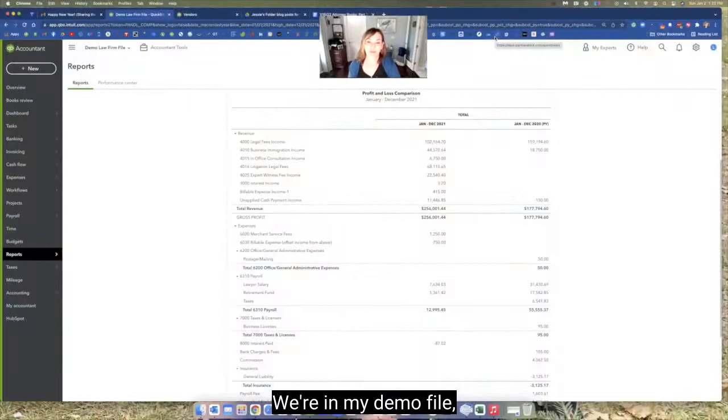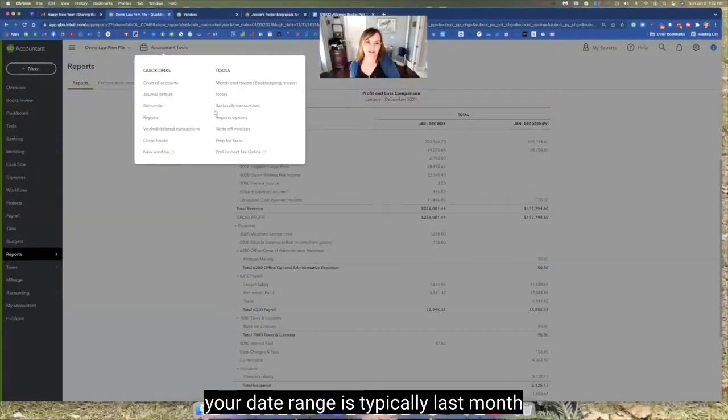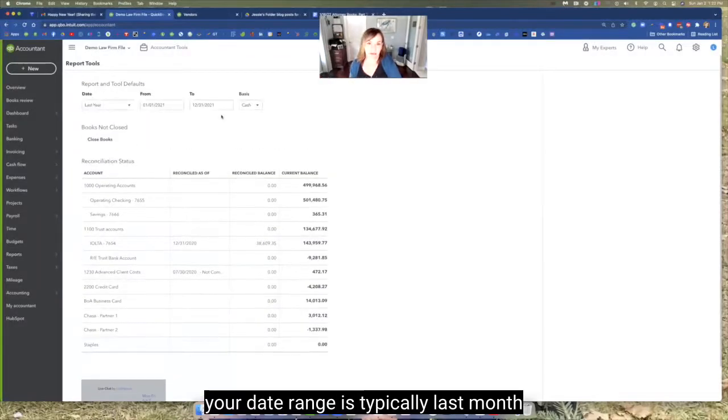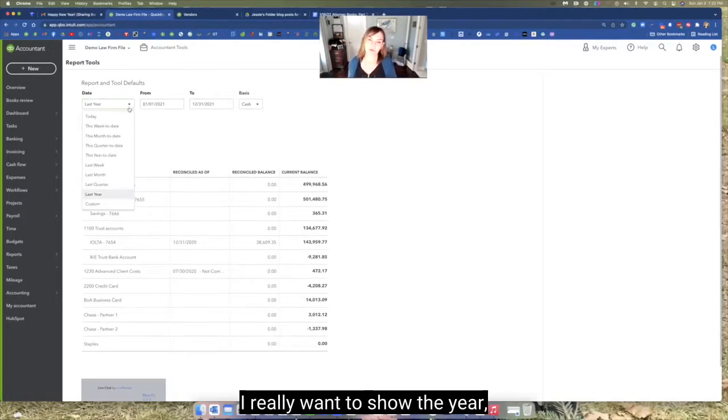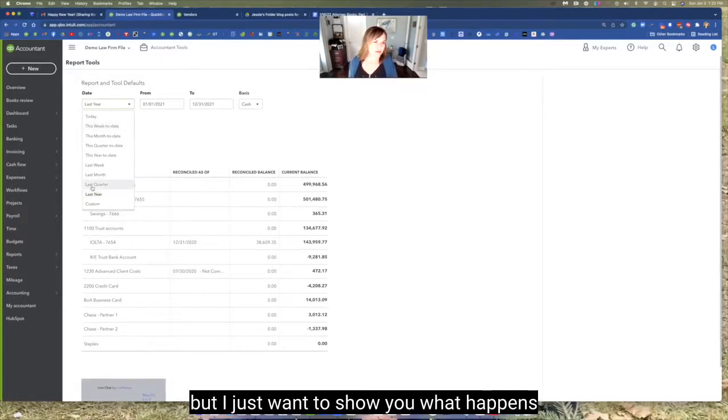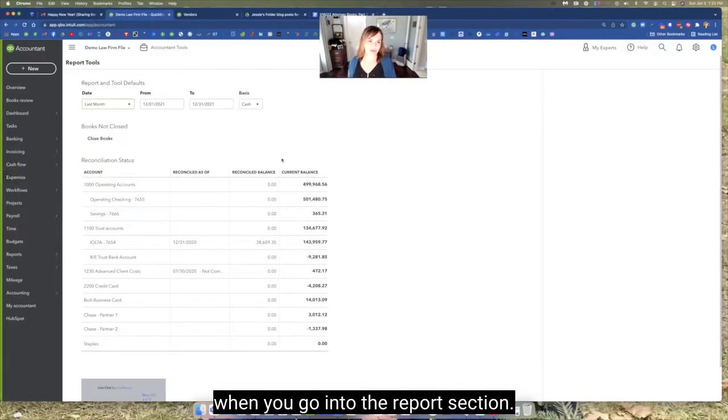So we're in my demo file, but I wanted to show you one thing. By default, your date range is typically last month on any default report. So if I were to go into my default reports, it would come up last month. And we're in January, so it's going to show December. I really want to show the year, but I just want to show you what happens when you go into